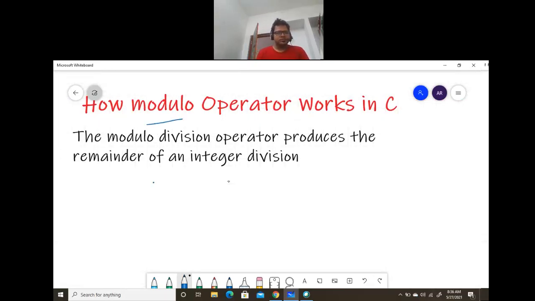This is x modulus y. The first thumb rule is that if the operator is modulus, then x and y must be integers. X and y must be integers. If either has a float or anything other than int, then the answer will be an error, right? This is the first case.